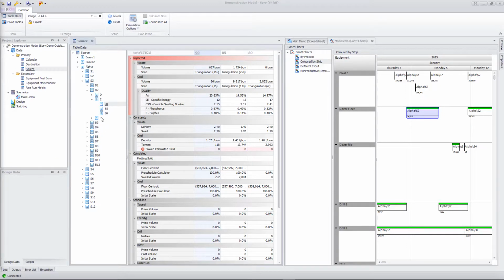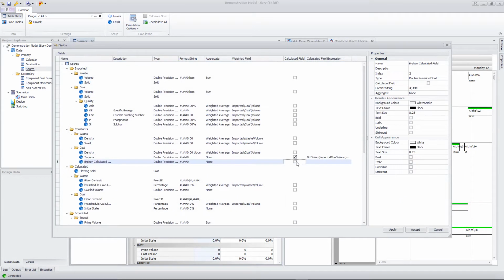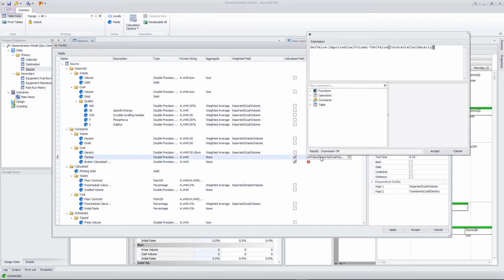Spry 1.3 introduces a couple of features that were quite literally years in the making, so I'm going to go through the main two in this video, starting with calculated fields. Calculated fields were first introduced in the beta of Spry in 2013 and allow you to create values in your table based on a formula, so rather than having to import processed results or use scripts, you can fill the